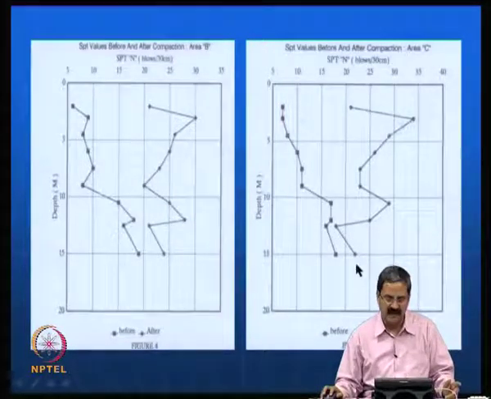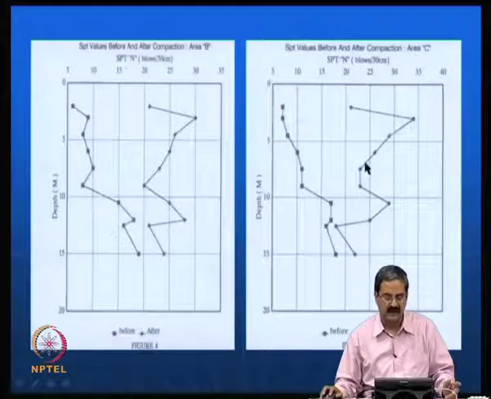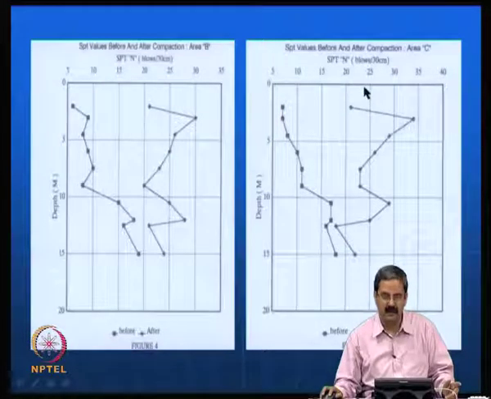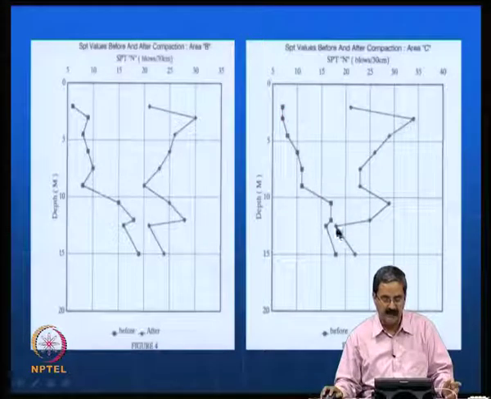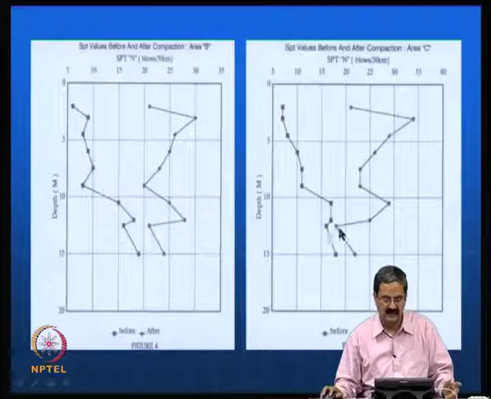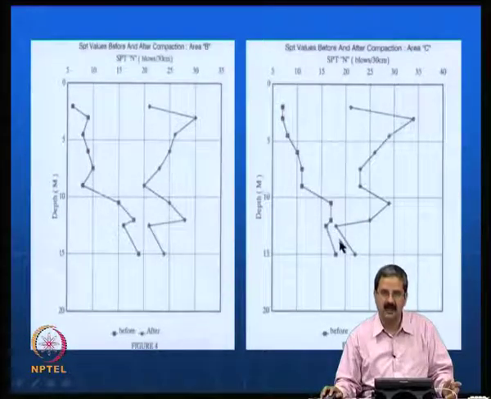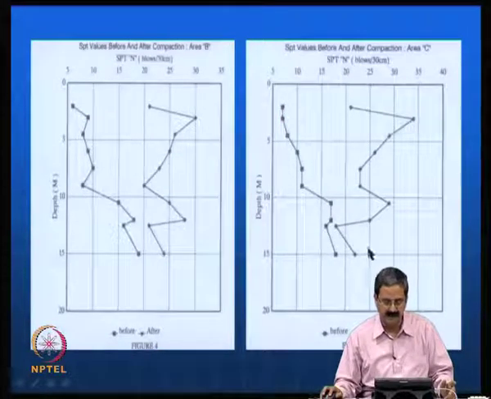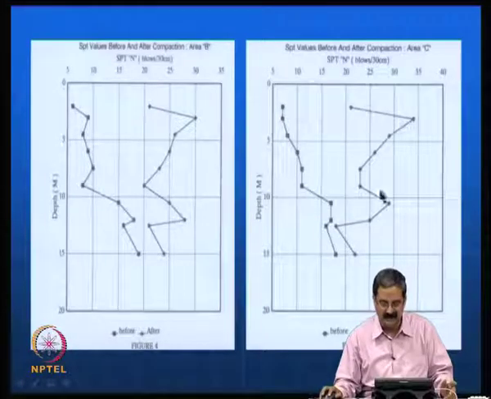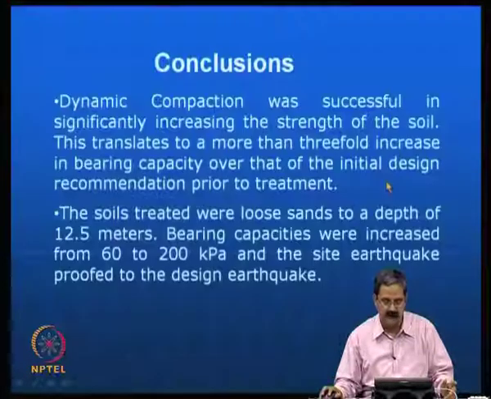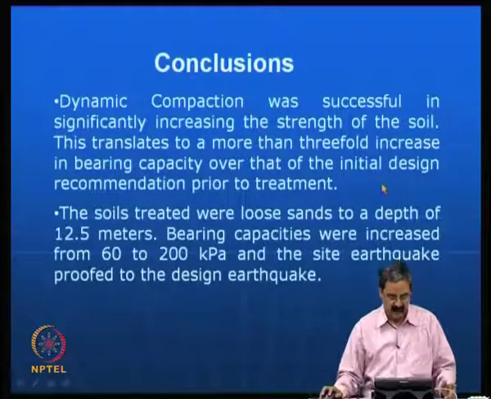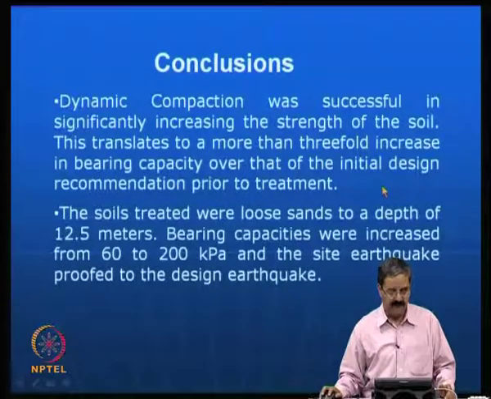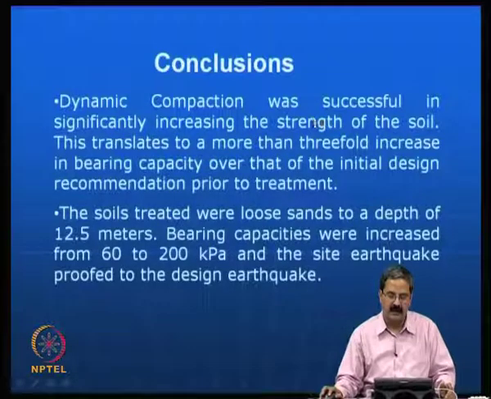So, actually sometimes, the earlier specification was that at the top 2 meters there should be a good bearing capacity. Okay, this could be an aberration, because when there is a good value here and a good value here, possibly this number could be wrong. So, one should take it that way and then say that yes, this SPT value criterion is satisfactory. So, this was what people normally say, and in this case definitely the dynamic compaction was very successful